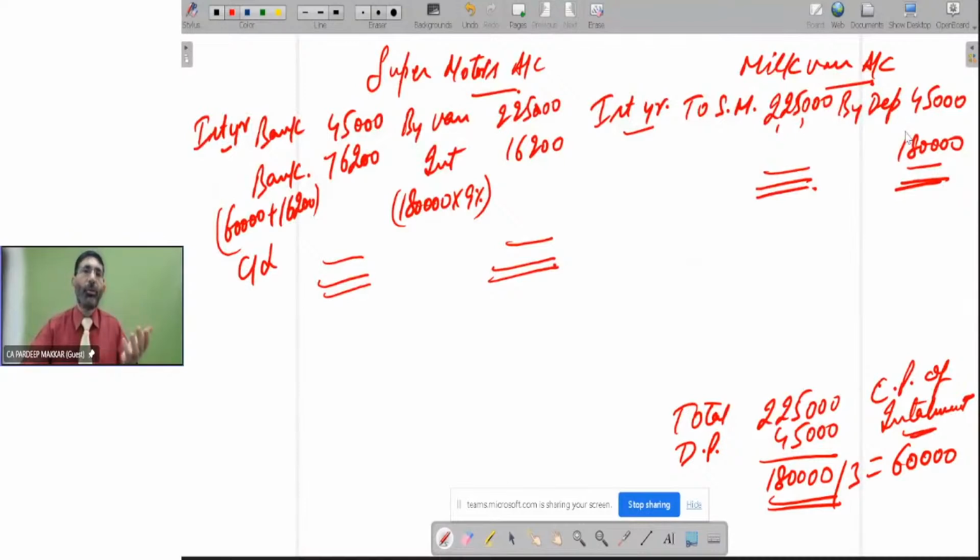The rate will be mentioned to him only when he does not make the payment and goods are going to be repossessed by the seller. Then the seller will tell him at which rate he will charge the depreciation. So in the beginning, you need not worry. You have to go for the rate as per the rate mentioned by the purchaser. So note it down. In the beginning, depreciation will be charged